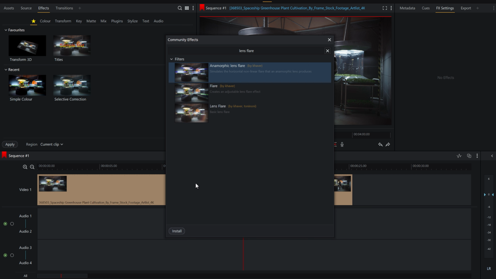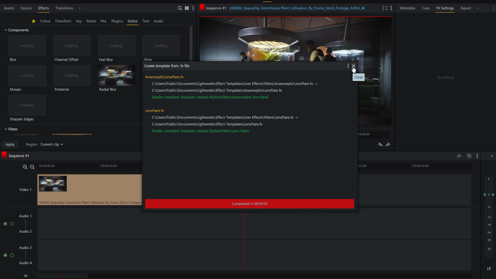If you want to select multiple, you can just hold the shift key and then press the bottom of the list, and you'll see we've highlighted them all. Press the install button and it will install all of the ones that you have highlighted. Today I'm just going to install 2 of them, so the top and the bottom one. So to do that you can hold Control or Command if you're on a Mac, select the other effect that you want. You'll see I've selected 2 of them, press install, and bam, we now have lens flares installed in